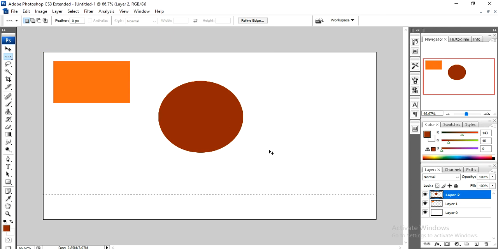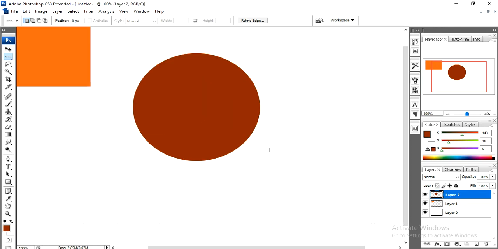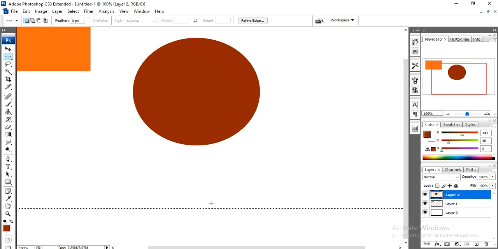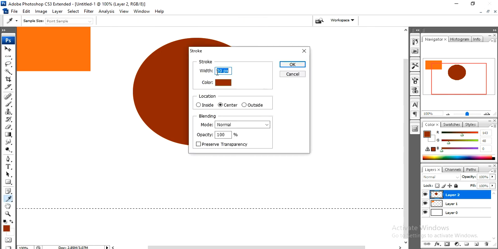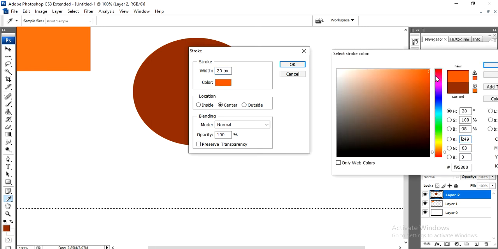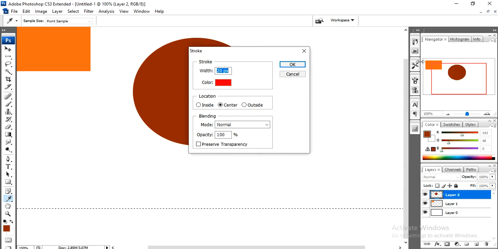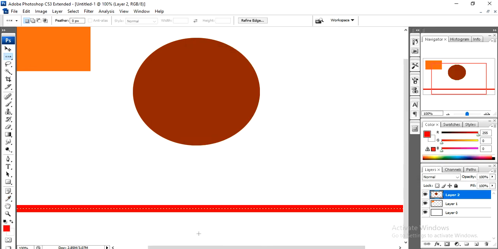So in some cases you want to create a rectangular line when you're designing something. In that case, the simplest way is we can directly fix that width and bring that rectangular line. Now I'm going to show how we do it. So now we selected, just right click here. If you come here, stroke line. You can see width. By default I selected 20. So I'm just changing the color. I need something like red color. I selected it. Click OK. See, now we created one rectangular line, looks like a line of 20 pixel width.